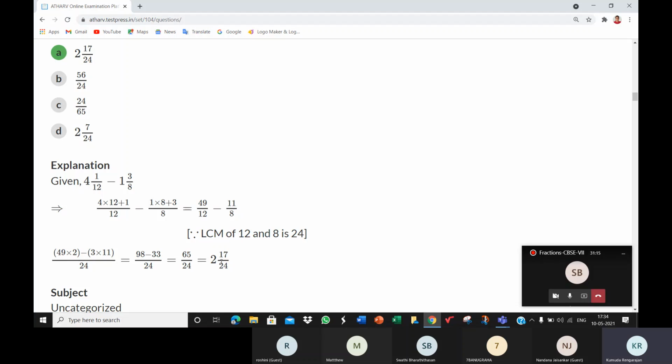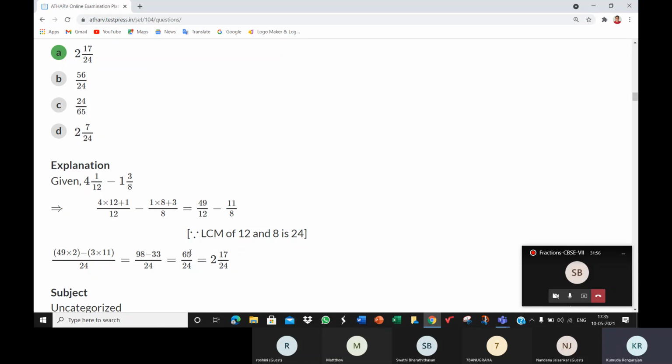Do we understand that? Yes, ma'am. When we get an answer like this, we should always reduce, whether it is a proper fraction or an improper fraction. But we know that an improper fraction has to be written in the mixed form. So before putting it in the mixed form, you must first reduce it. And how to put it in the mixed form? We know the division. We need to perform the long division and then express the fraction as a mixed fraction like this.